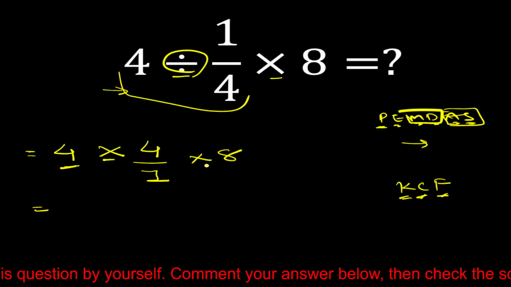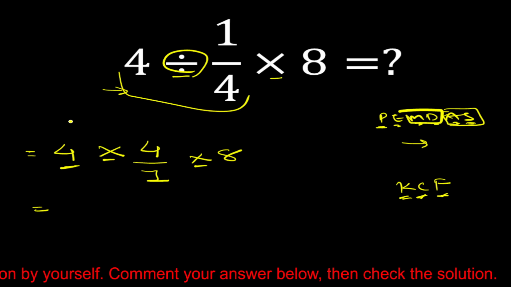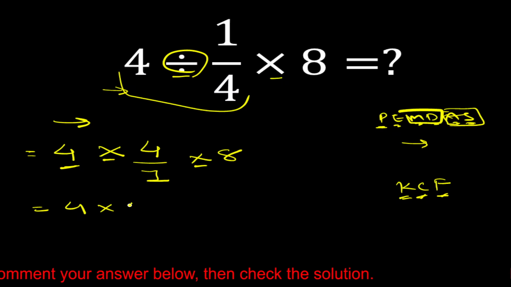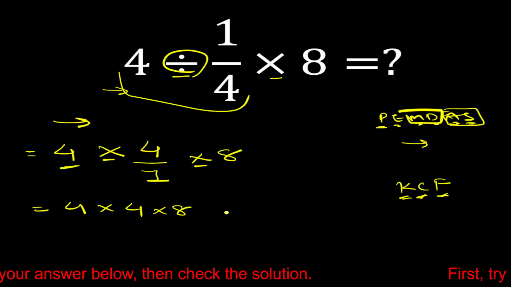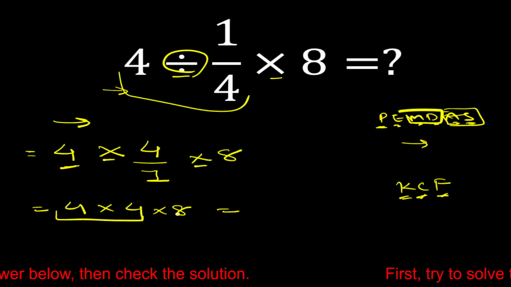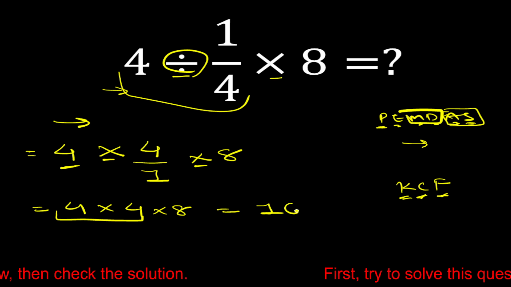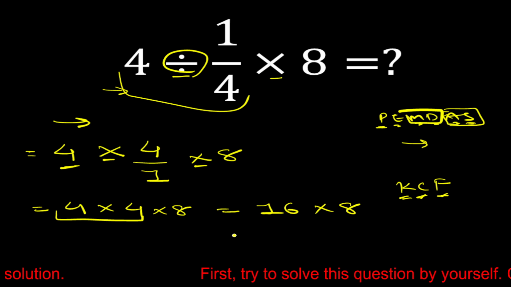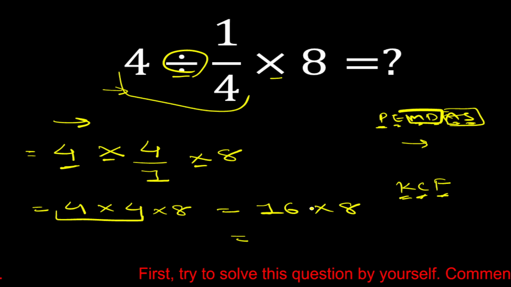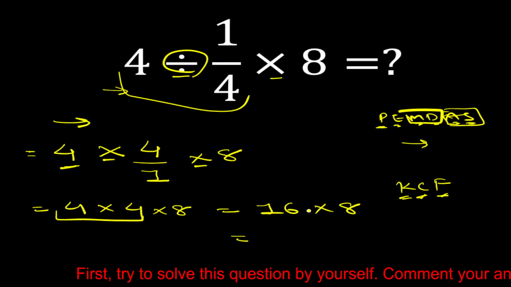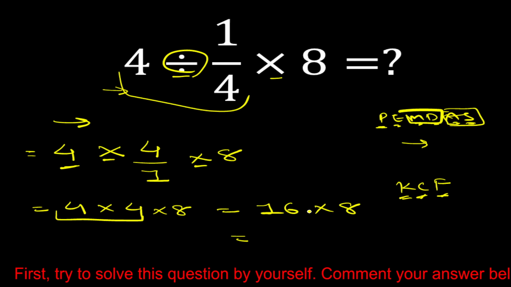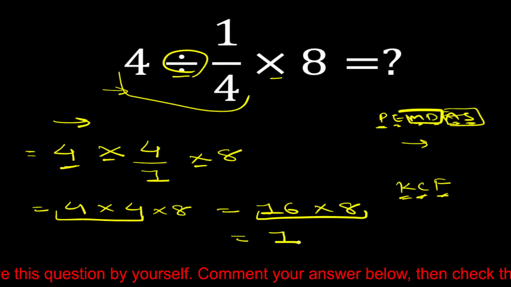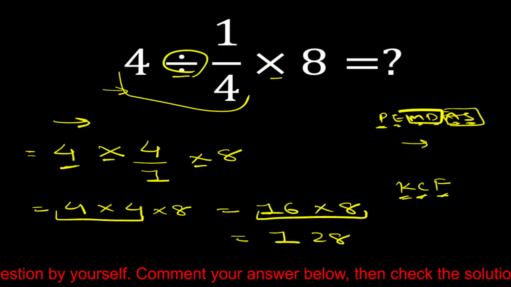Now here is a multiplication, here is multiplication. Both have equal priority. Therefore, we have to solve from left to right. So 4 multiply 4, moving left to right, 4 multiply 4 is equal to 16. Okay, 16 multiply 8. So now solve this. 16 multiply 8 is equal to 128. Therefore, the correct answer is